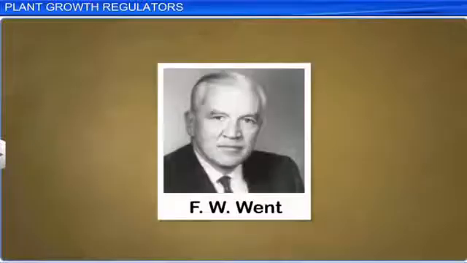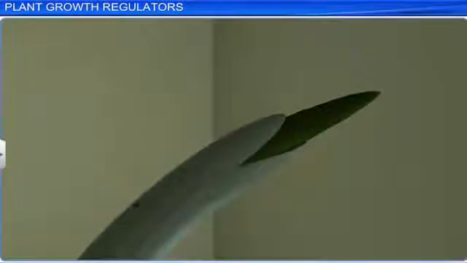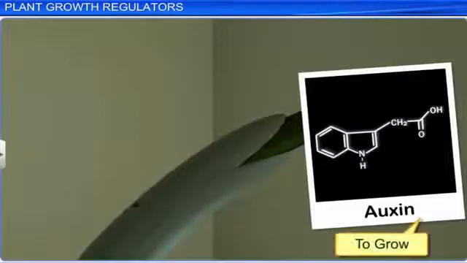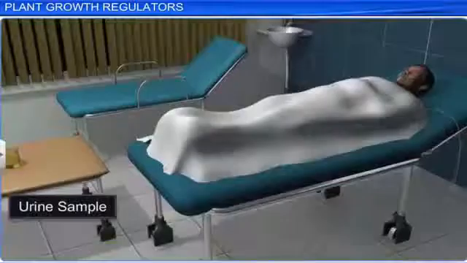Later, F.W. Went discovered that a substance at the tip of the plant was responsible for its growth and called it auxin, which means to grow in Greek. But the chemical structure of